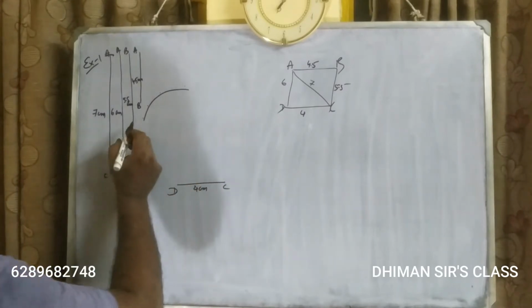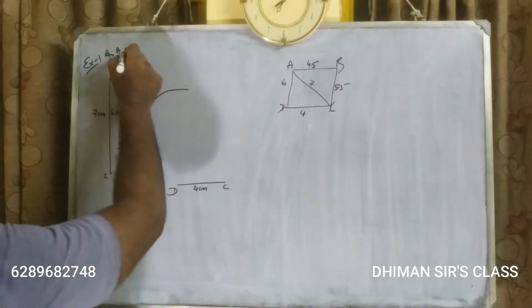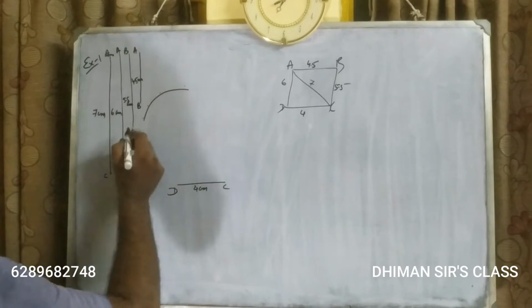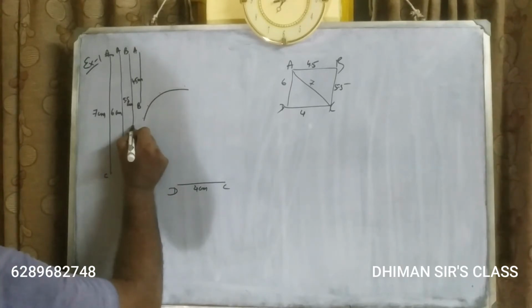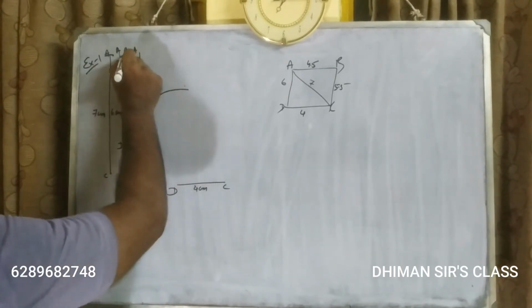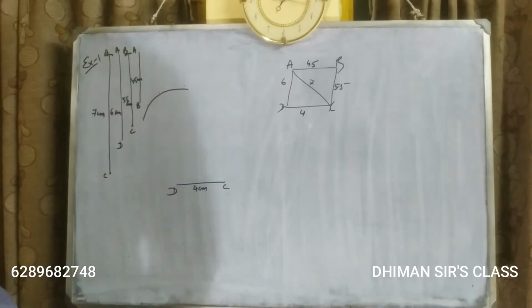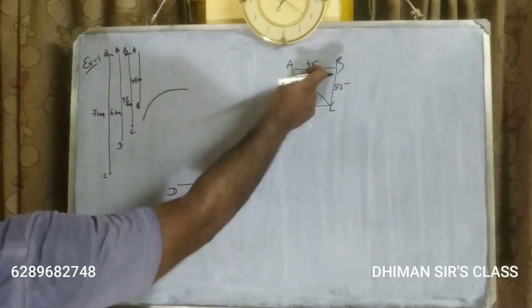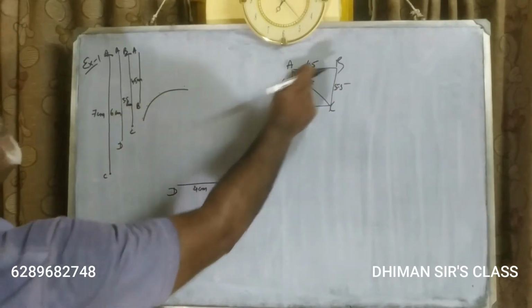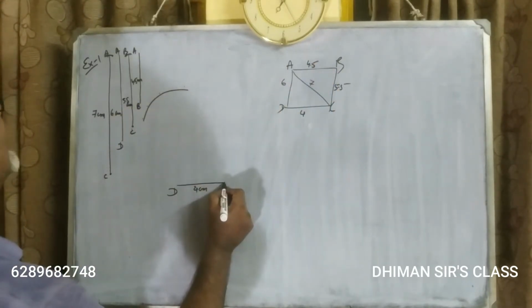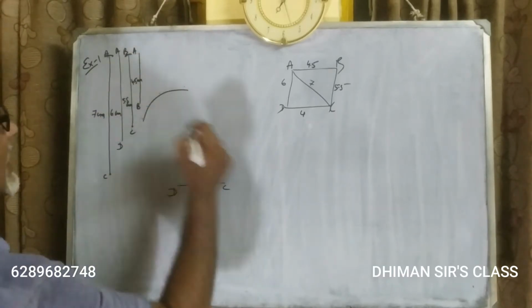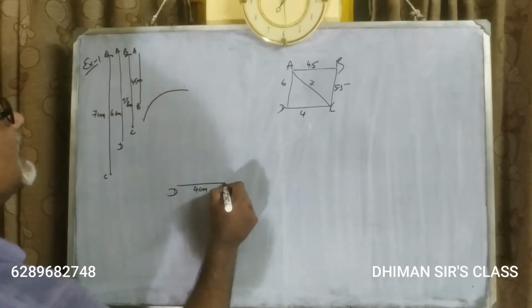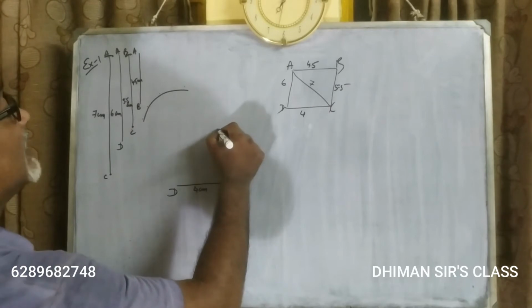Is there any other C? Okay, yes sir. BC is there. So now put the needle here and draw an arc in order to take the measurement of BC. So BC, B will be here. According to this, A is here. See our rough. A is here. B will be somewhere there. BC measurement you have taken, the same measurement, put the needle here, draw B somewhere here like this.